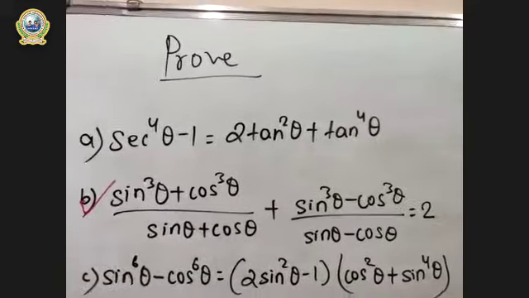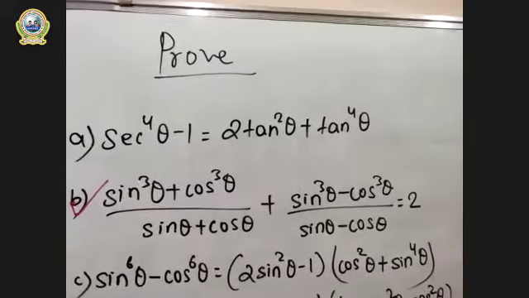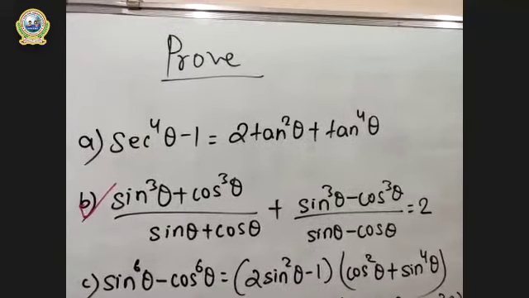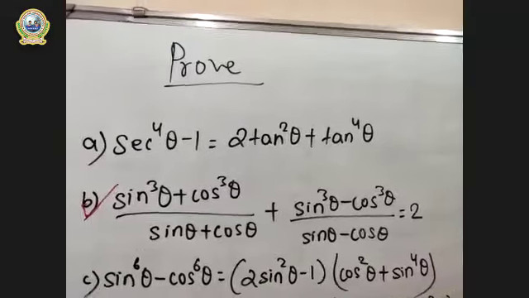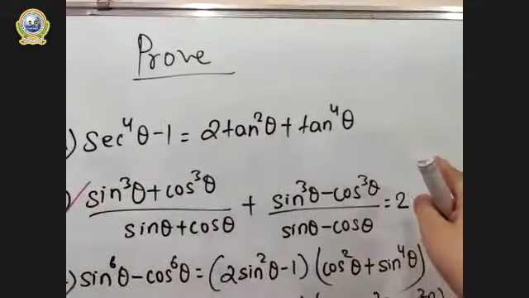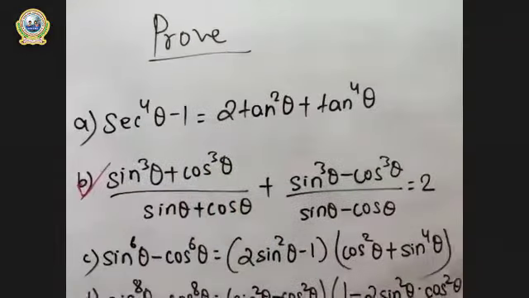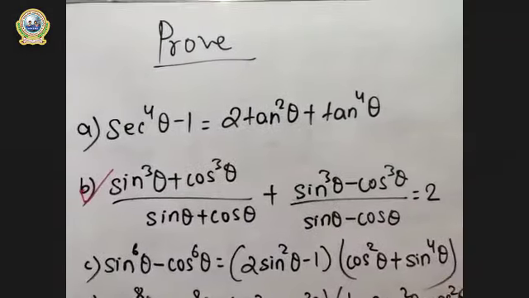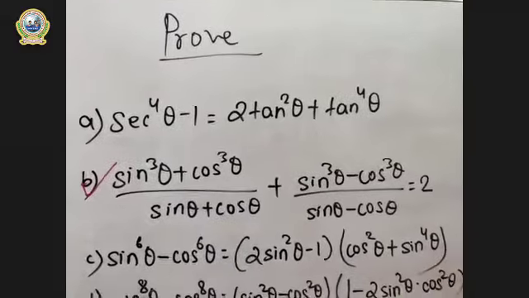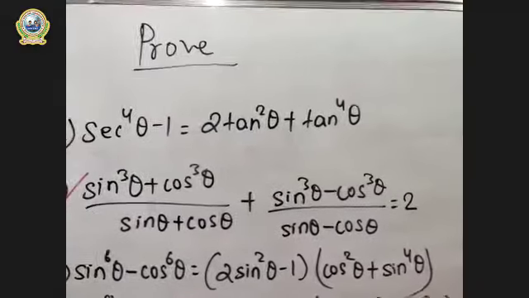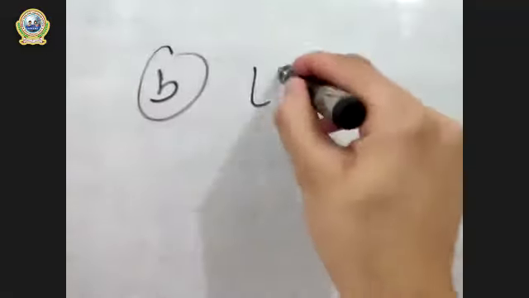Copy it fast, okay? And I think you have understood which part we should begin from. I think from the left part, right? Because you can't start from 2 and get to the left part. So let's begin from the left and obtain the 2. Can I solve this now? Let's write the left hand side first, okay? Now just solve the question. We can directly start with the left hand side.